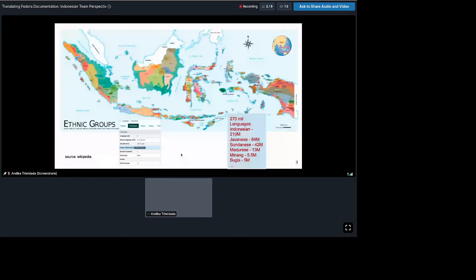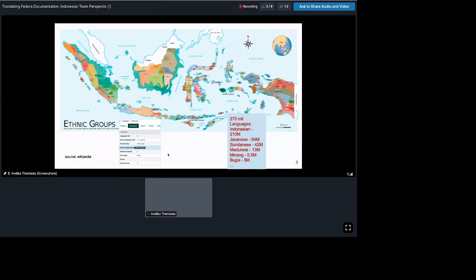One thing about Indonesian, I think the translation setup has a small problem. I think I need to discuss with someone who has access to Weblate, because right now Indonesian has been set up as having one plural form.